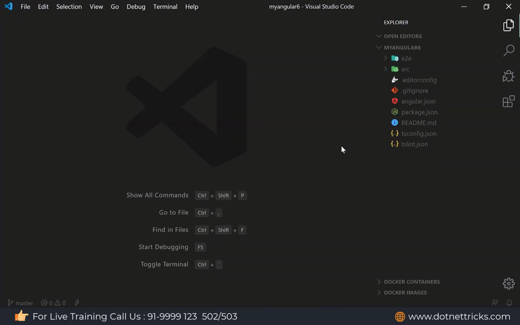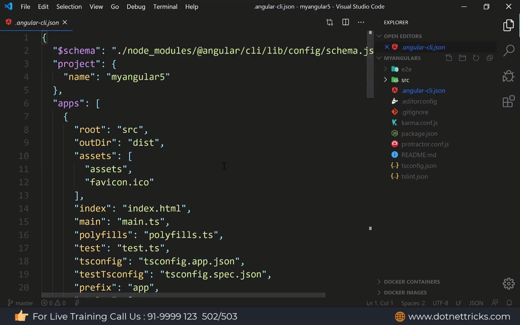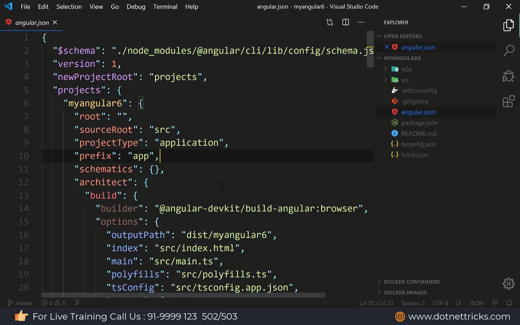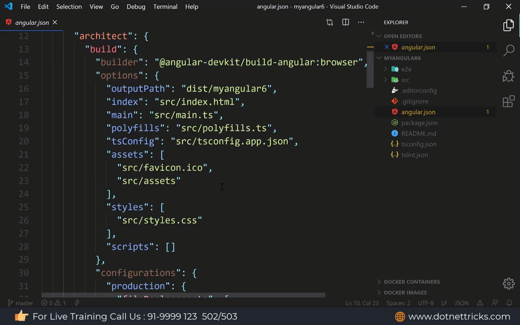So if you will look at the differences between Angular 5 and Angular 6, it is here. In Angular 5, the file name is .angular-cli.json. But if you will look at in Angular 6, or you can say starting from Angular 6, now the file name is angular.json. So this is the only file name they changed. Apart from that, they updated the version here, they updated the various options also, but fundamentally the things are same. So if you know the data binding in Angular 2, in Angular 4, so concept wise it is exactly same.